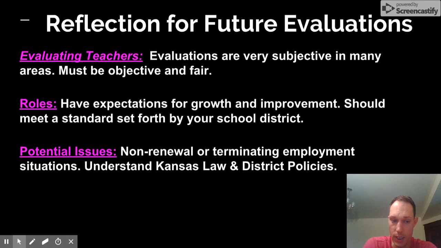And the potential issues are obviously the conflicting areas where you have a non-renewal situation or a terminating situation, where you need to understand the law, what your district policies are, and how to follow protocol, and work with that teacher so you don't have to get into that situation, or if that is deemed what needs to happen, that you handle it